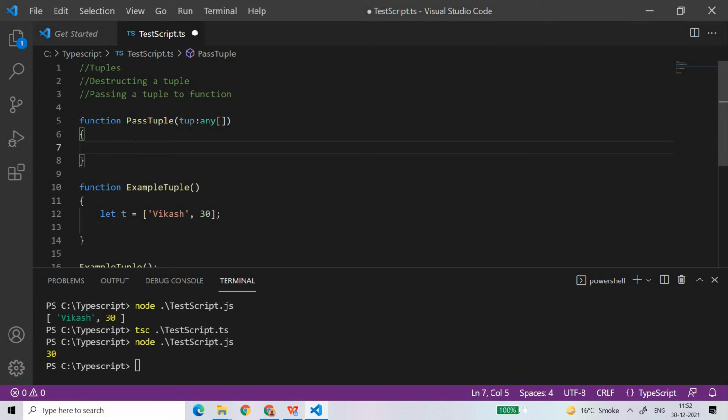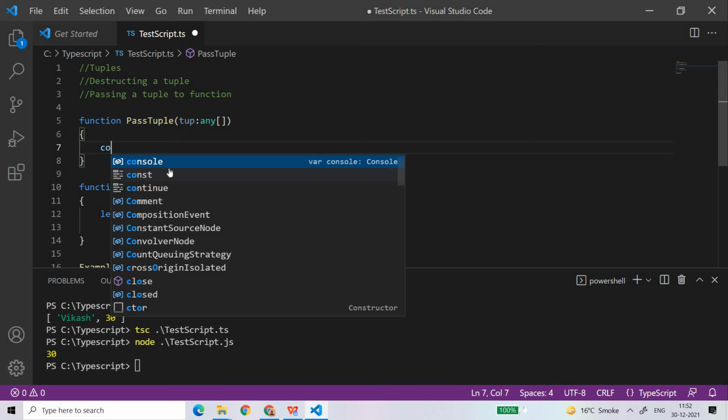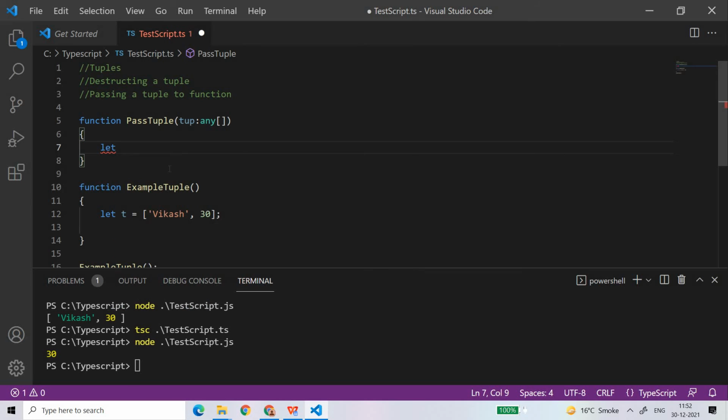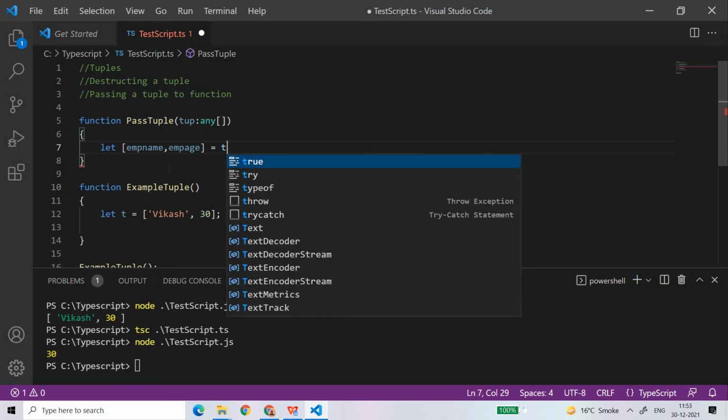Now I will pass this t here, and now I will just print like console.log, and here I will just initialize it. So let emp name, emp age is equal to tup.